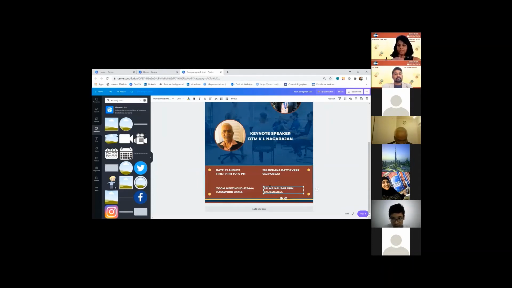Just don't go by the numbers. It's just for example, I'm just writing the numbers. Okay, now I have all this. Can I reduce the size of all this at one go or increase the size of all this in one go? Yes, ma'am. You can select all, like shift, and then you can select all of them, and then just do it. Okay, so I'll tell you we can do that.